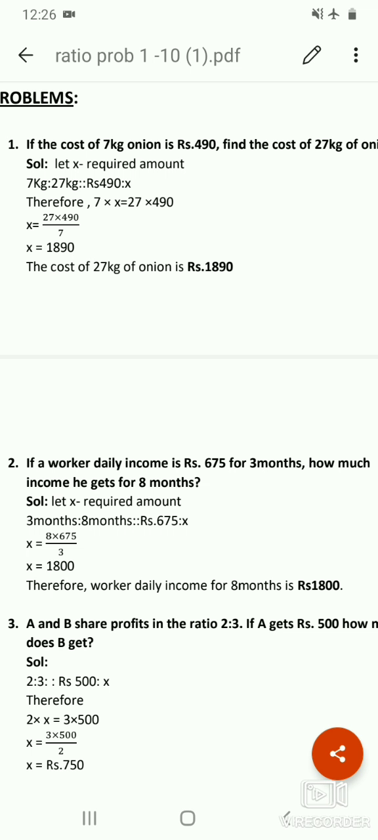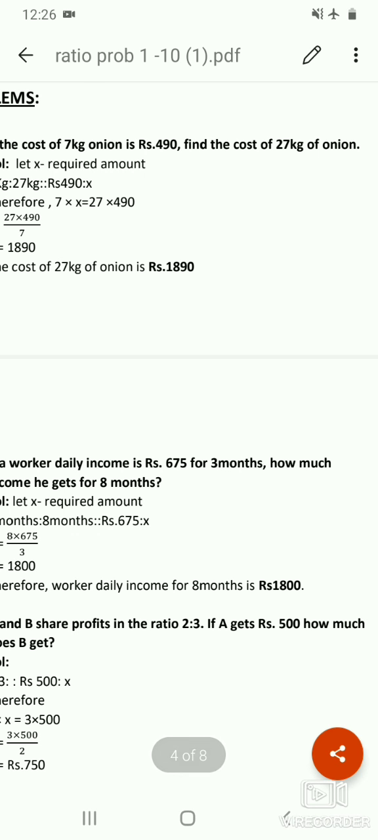So in the previous video we had seen the definition of ratio and proportion and some of the definitions and properties. So in today's class we will see the problems related to both ratio and proportion. So the first problem is, if the cost of 7 kg onion is rupees 490, find the cost of 27